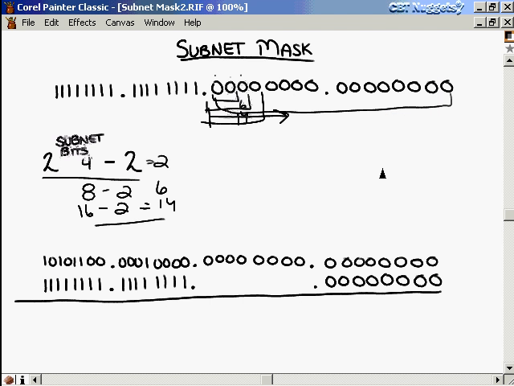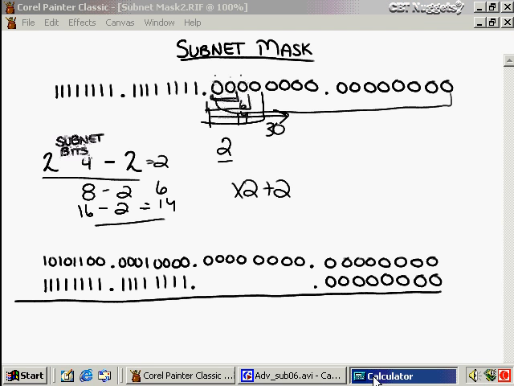Now there's another thing that you can use. It's somewhat of a quick cheat sheet. Knowing that these first 2 bits is going to allow you 2 subnets of use, a cheater code would be to double this plus 2. So in other words, times 2 plus 2 will give you the next number of subnets that can be used by using 1 more bit. So 2 times 2 plus 2 is 6. 6 times 2 plus 2 is 14. 14 times 2 plus 2 would be 30,